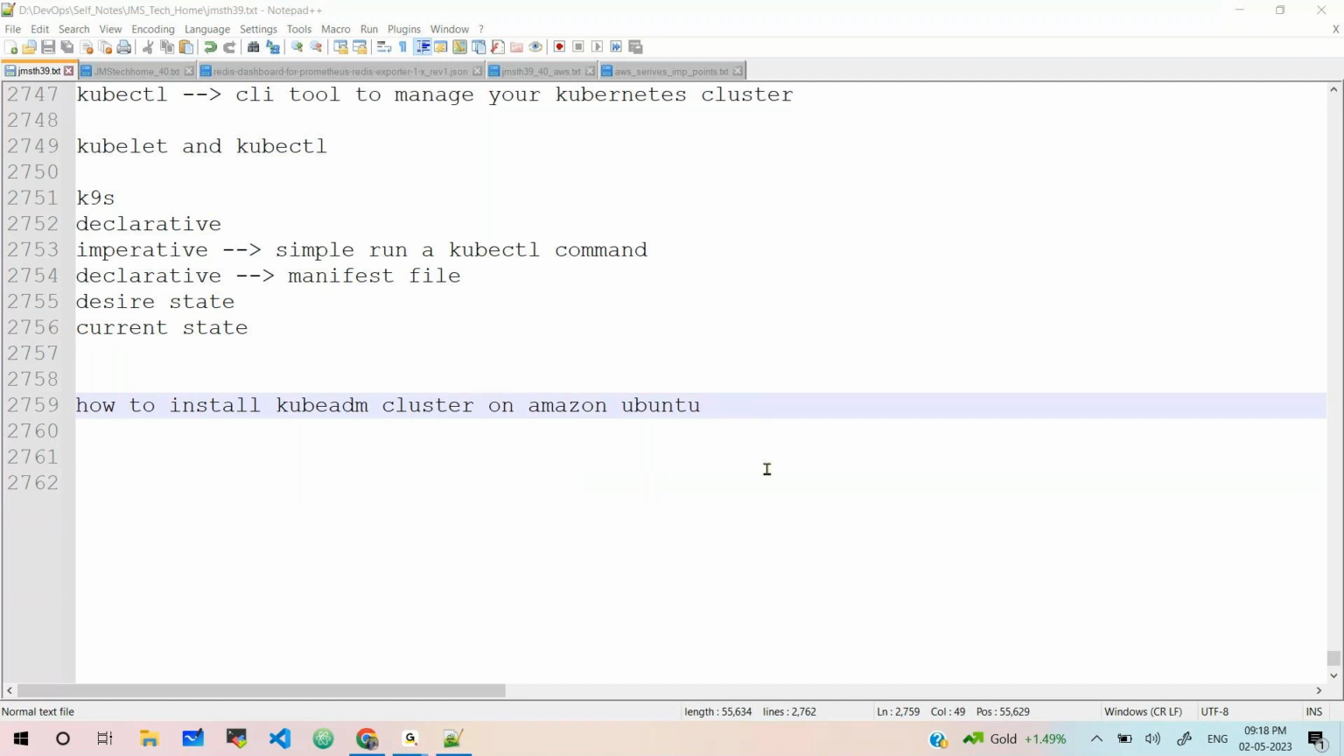Okay, guys. Today we are going to discuss how to install a Kubernetes cluster on an Ubuntu instance in Amazon cloud. Remember, to set up your Kubernetes cluster on Amazon cloud, you